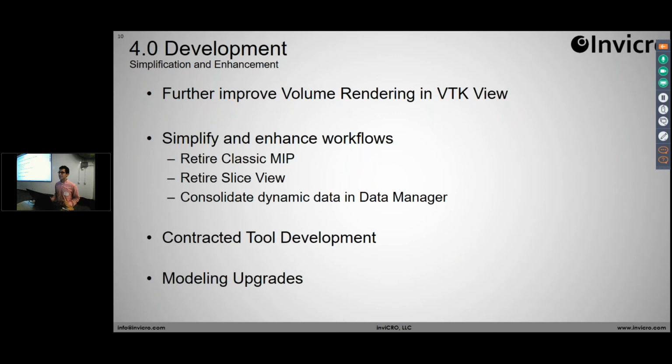We're working on simplifying and enhancing a lot of our workflows. So as you know, we have different projection tools in the classic MIP and VTK MIP. We're going to consolidate that into one high-functioning, really robust volume rendering tool, retiring the slice view entirely and making that multi-view really user-friendly to users,